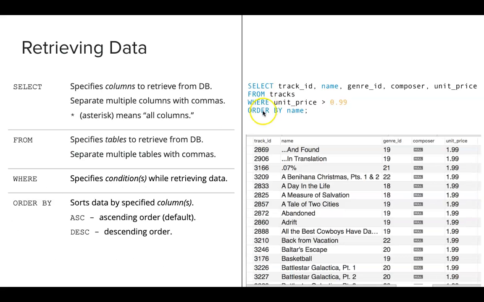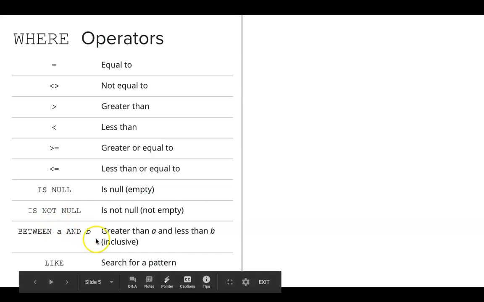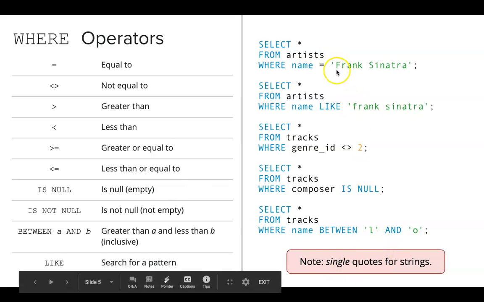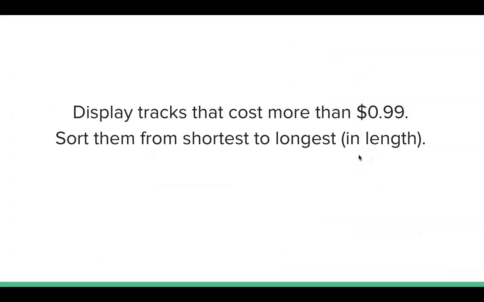Let's look at the WHERE clause one more time. So this condition. Right now we see the greater than sign here, but there are a lot more operators. You can do equal to, not equal to, which is interesting, greater than, less than, greater than or equal to. There's also IS NULL and IS NOT NULL as well. All right, so let's go and try this out. Oh yes, one thing to note is we use single quotes for strings in SQL. Numbers are just numbers.